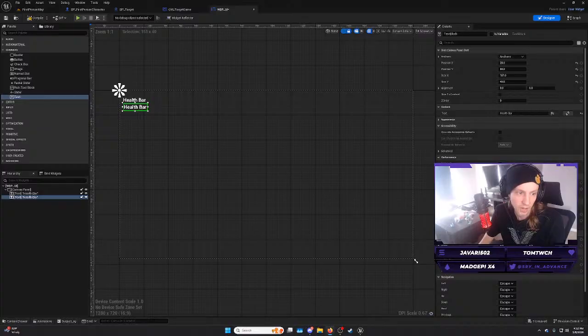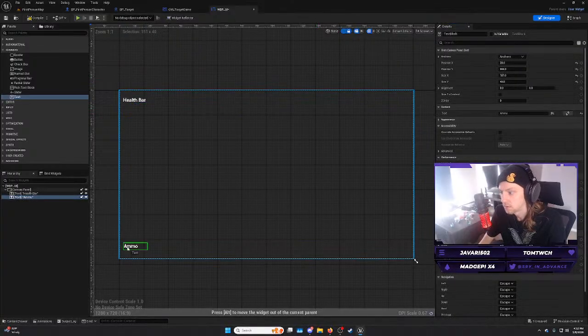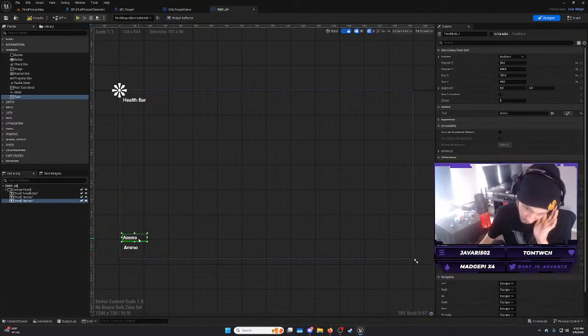A health bar, a mini map probably, which isn't going to be a text bar, but for now I can keep it a text bar. You're going to have ammo. You're going to have like your abilities,